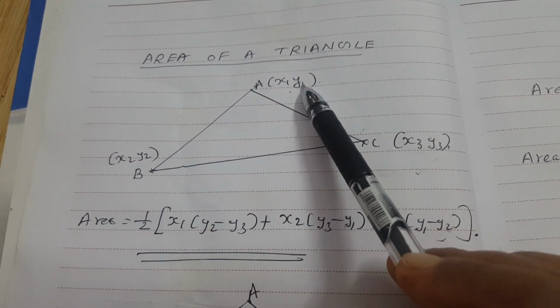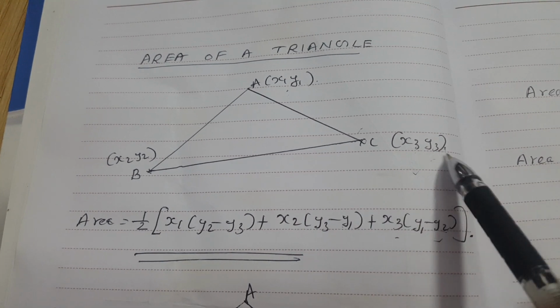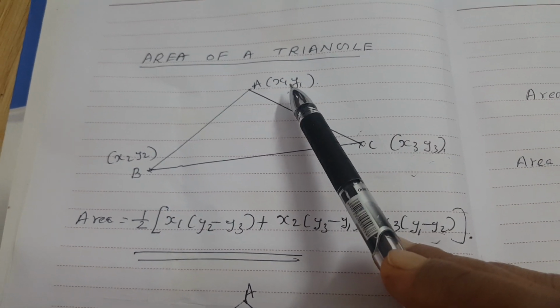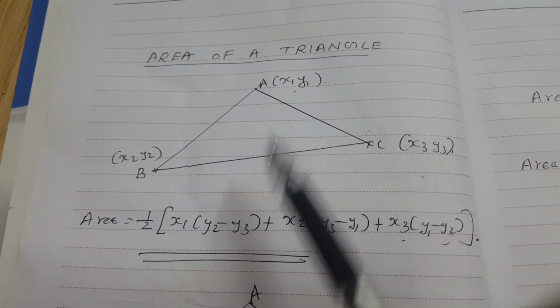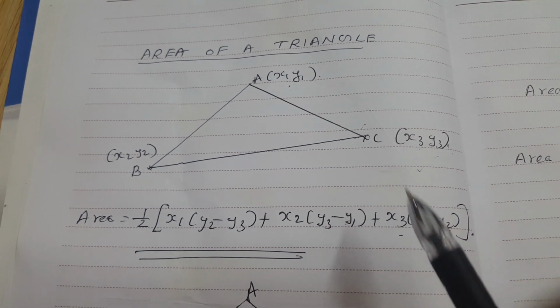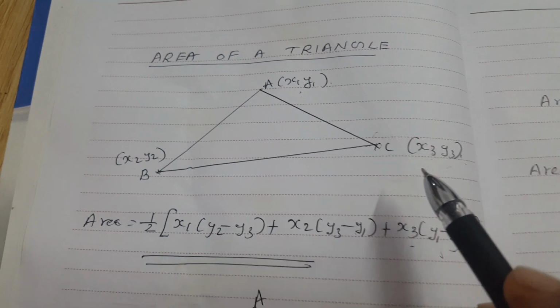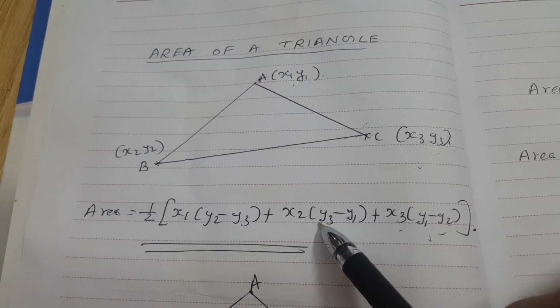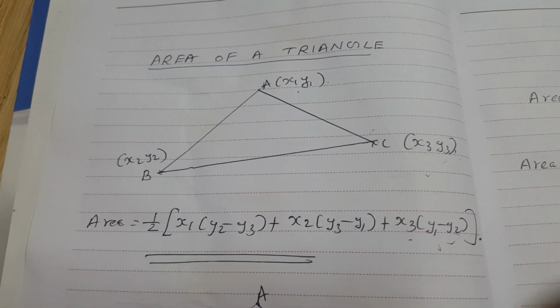In the place of x1, y1, x2, y2 and x3, y3, the real coordinates, the digits, will be given, which we can replace in this equation and simplify. Let's see how this formula is derived. For that,